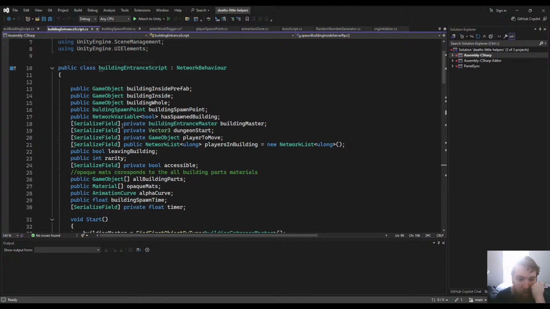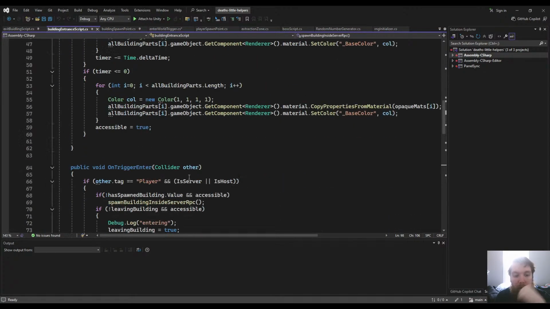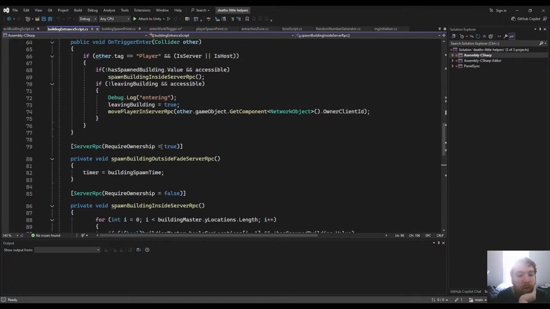Here's a good variable. So I need, can I not? I don't know that I can actually do what I want to do. Well, I'm doing it here, private game player to move. Where am I moving the player? Move player inside and send